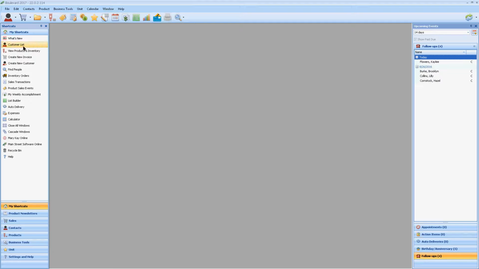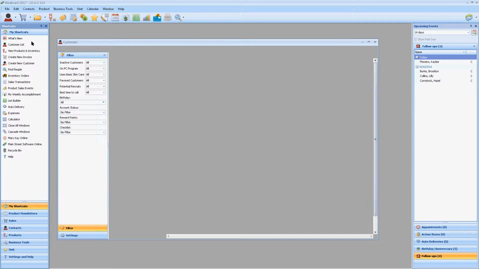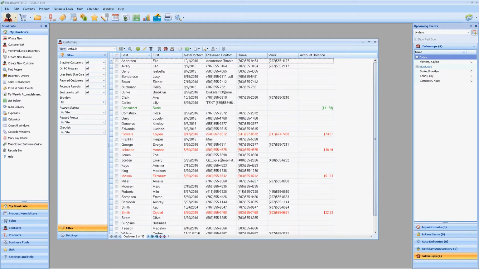So I'm going to first start out with the customer list, and I'm opening it from the shortcuts that I've set up, but you can also choose from the main toolbar. And one of the new features of Boulevard 2017 is there's now a toolbar located directly on the customer list itself. And the reason for that is to give you more options to be able to do different functionality right where you're at